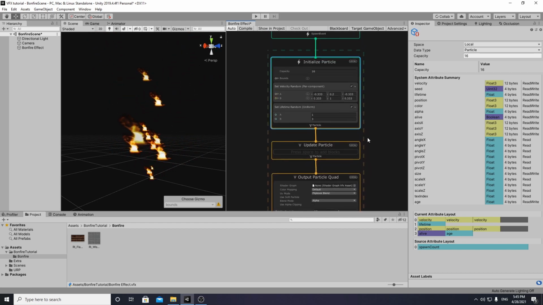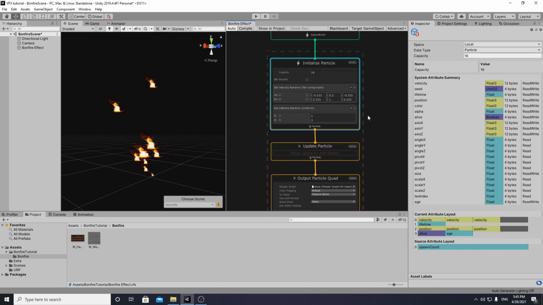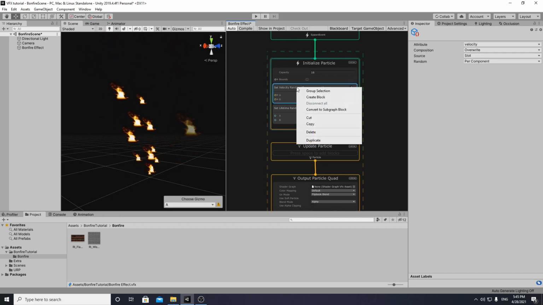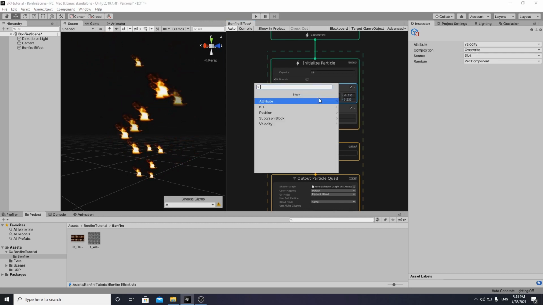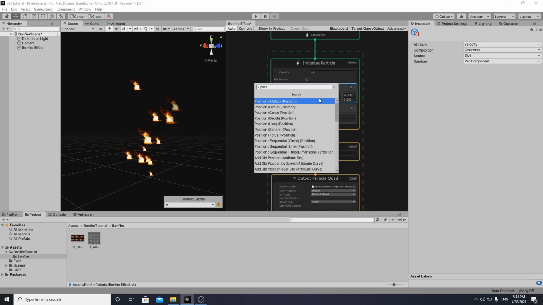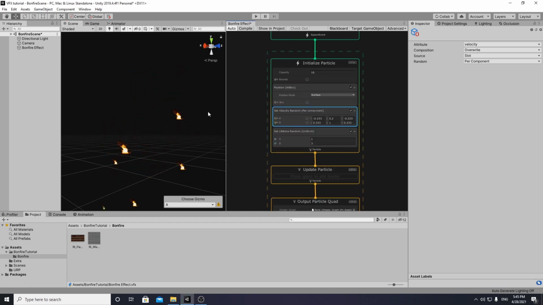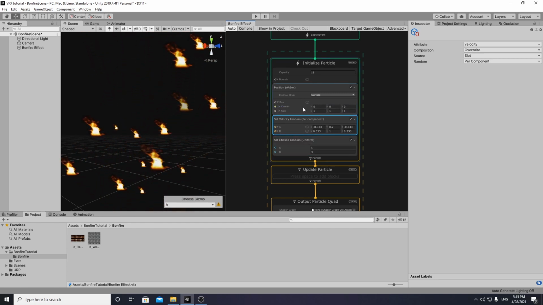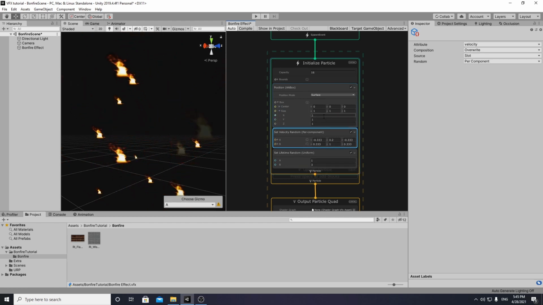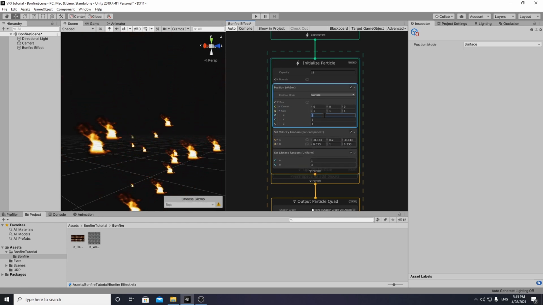And we also have to handle the position of the particle. For that we have to go to the initialize particle block and add the position AA box. So when you right click on it, go to create block, then position. Yes, the first one, you can select that, the position AA box. In that one you have to change some values. Let's expand this box, and this is center and also the size. As the size I would select 0.3